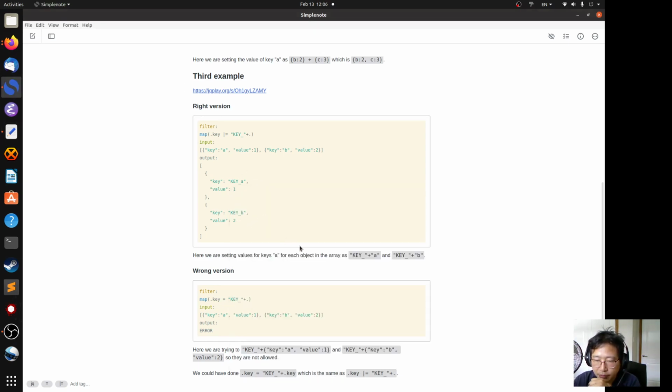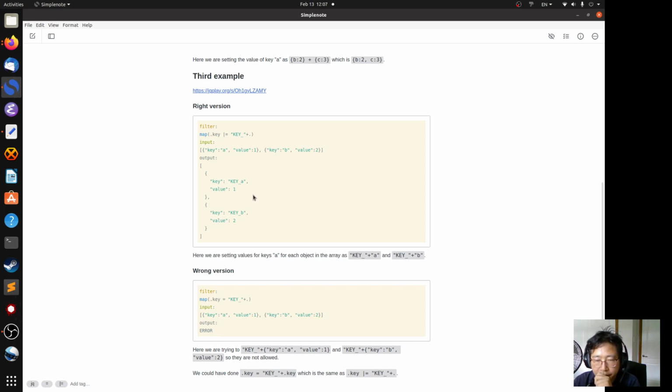So what it means is for each key, for the first one we're setting the value as this key underscore plus whatever was there before. So this is the first one, this is the second one. As you can see, as the output,